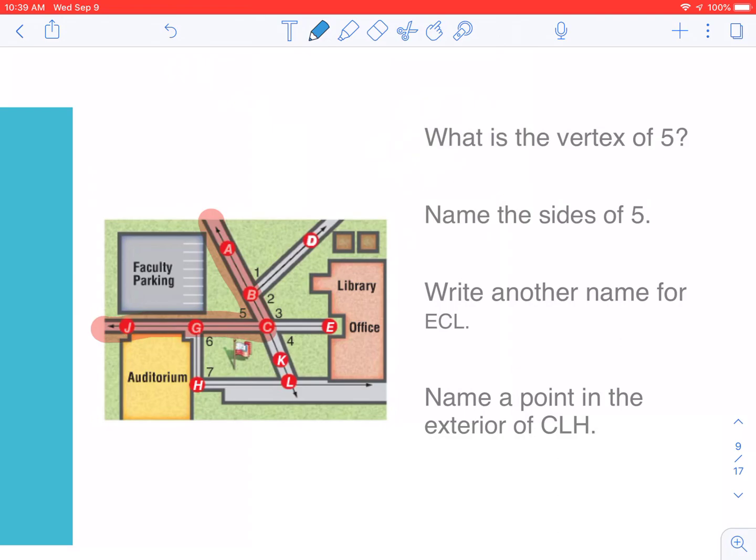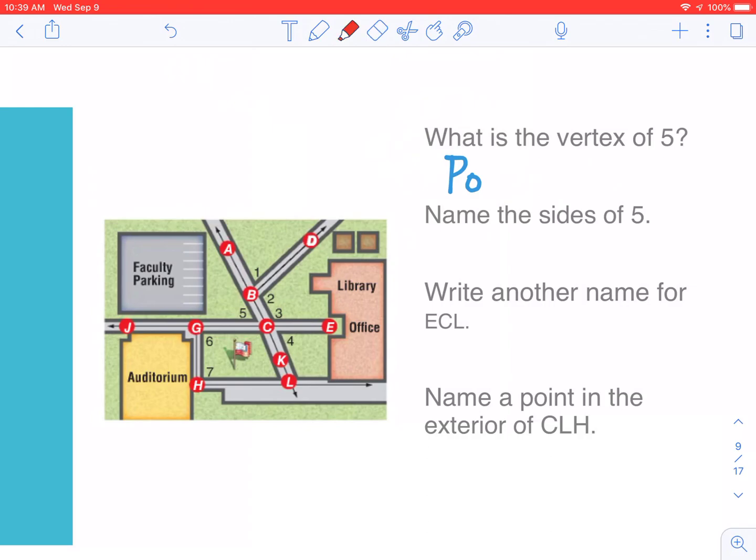Well, we look at the vertex of that angle, and the vertex is point C. By the way, you may want to pause the video now and see if you can answer these the right way. Okay, next one we have is,